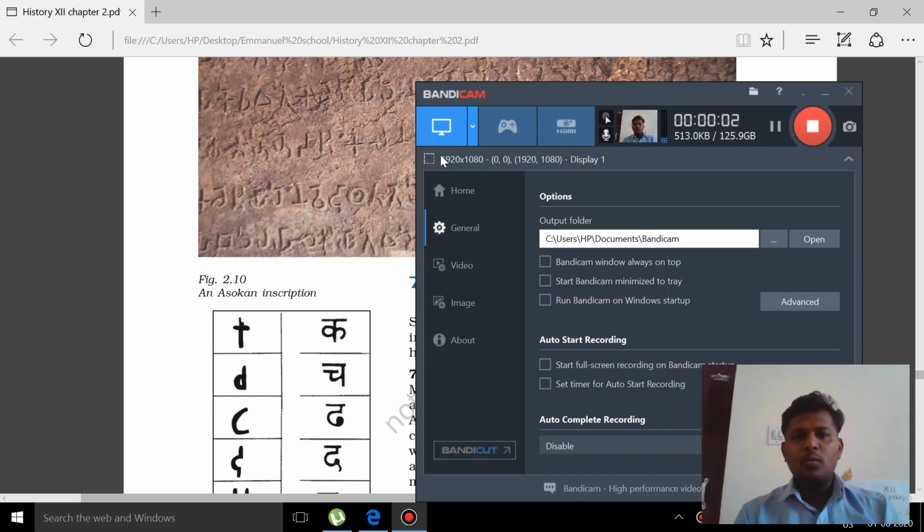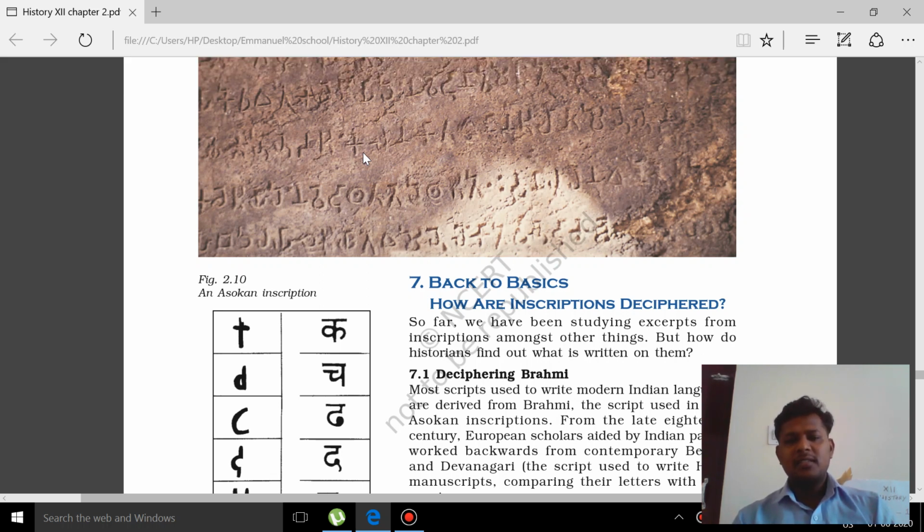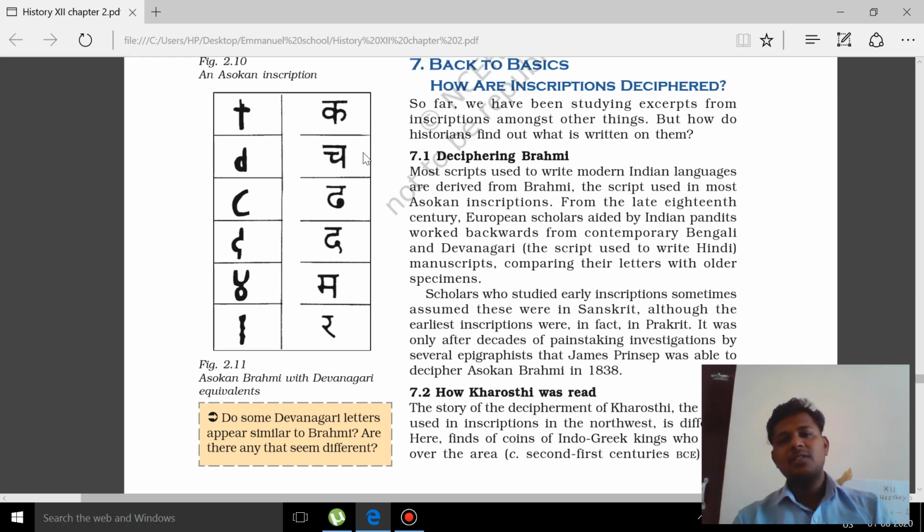Hi guys, we are into the last topic, the second lesson. Back to the basics. We have studied the Brahmi script and the Kharosthi script. These two scripts are very useful to study languages like Pali and Prakrit. Brahmi is a script used for the Pali language, and Kharosthi is a script used for the Prakrit language. We studied this in the beginning of the lesson.